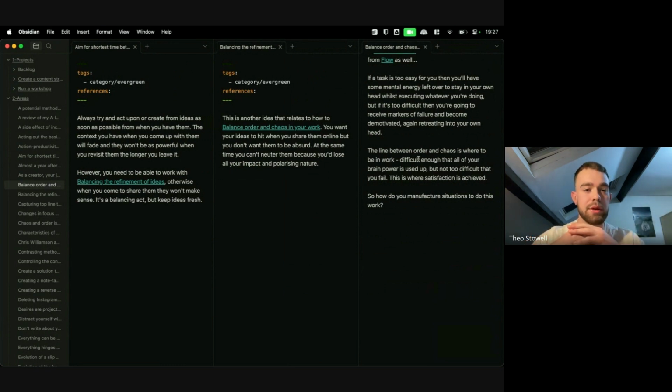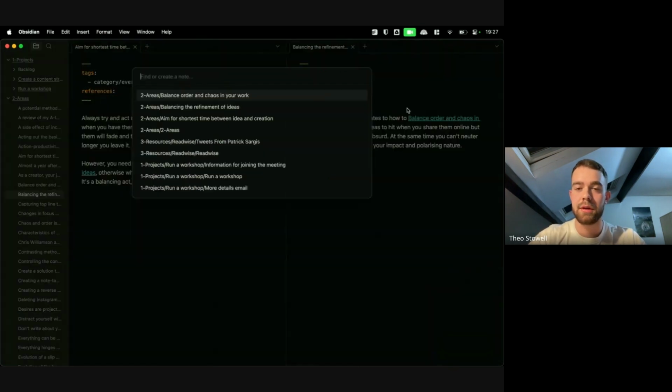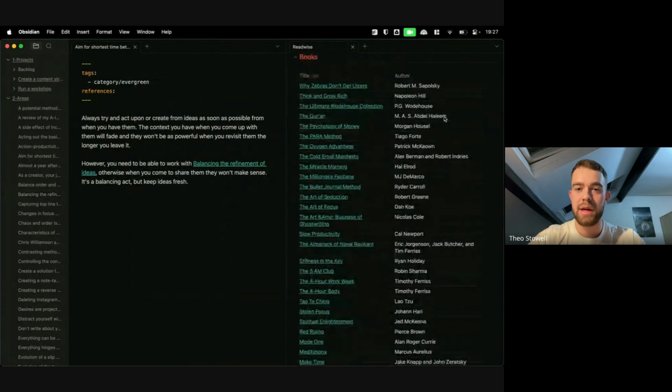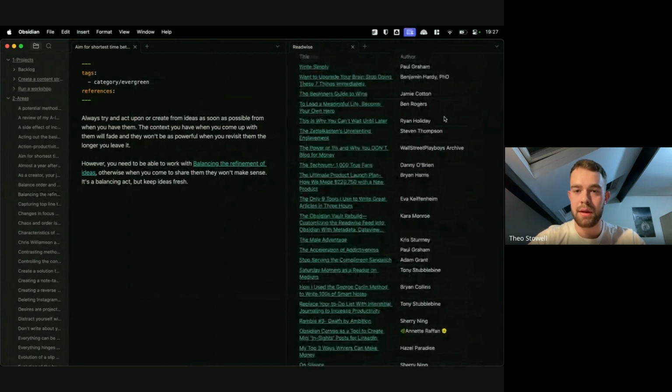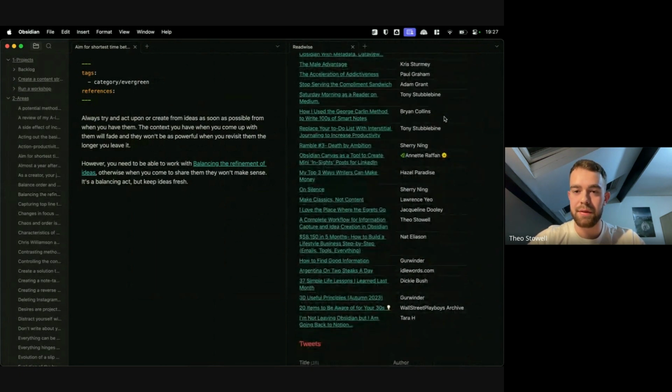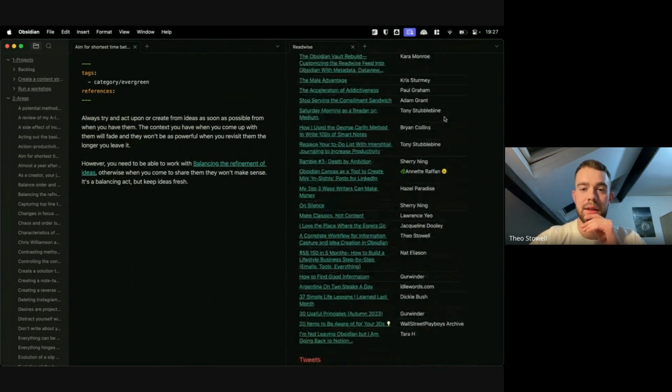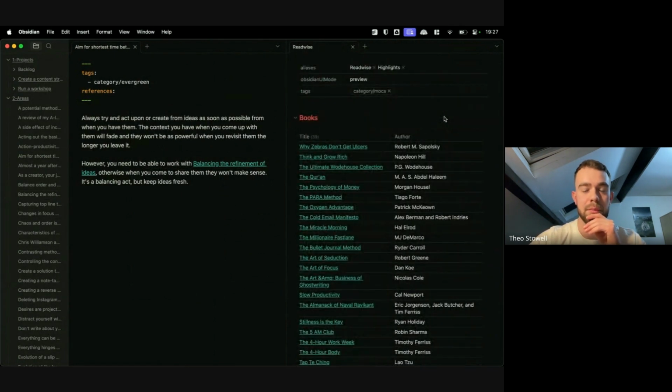To come back to what you were asking me about, Carol, you might take the inspiration of an author, and I'll show you that. This is where I keep all of my notes, where I've highlighted useful points from books and different resources on the internet using Readwise. So Readwise syncs everything into one folder in my